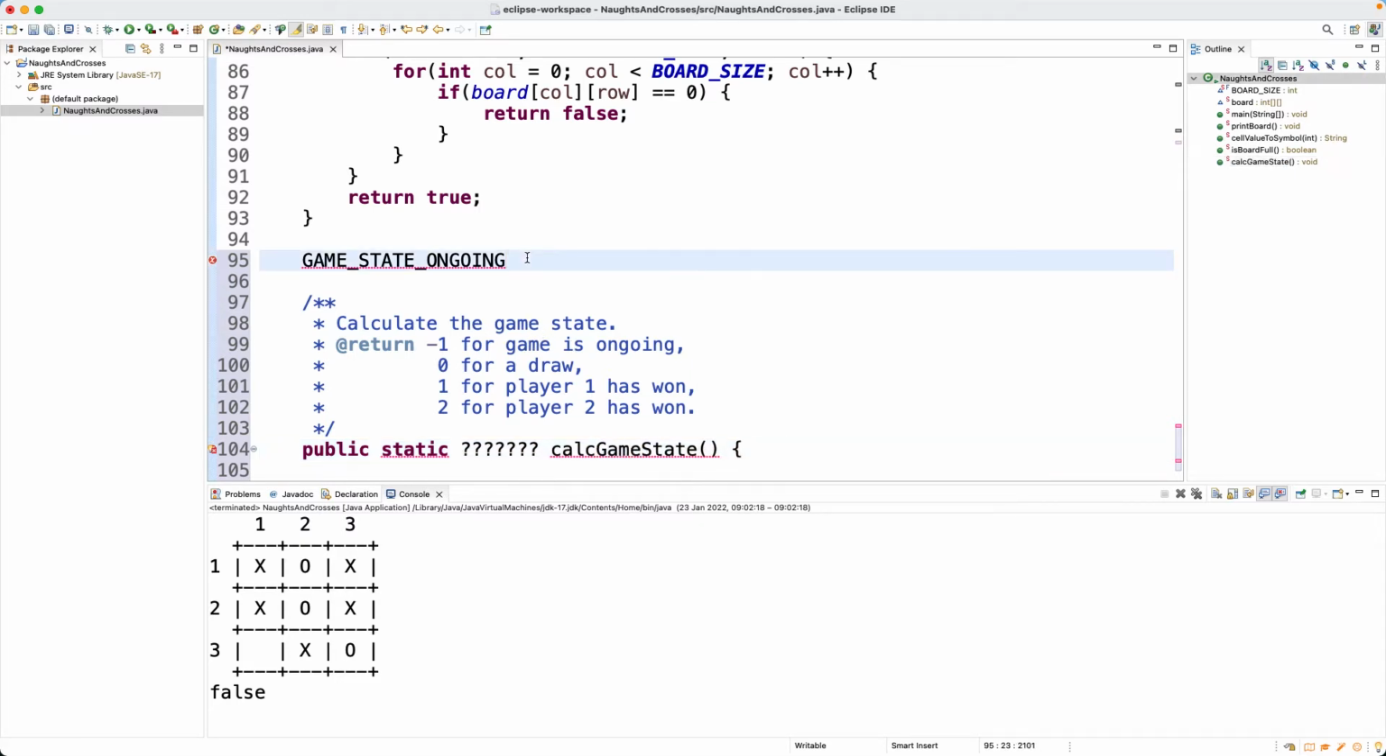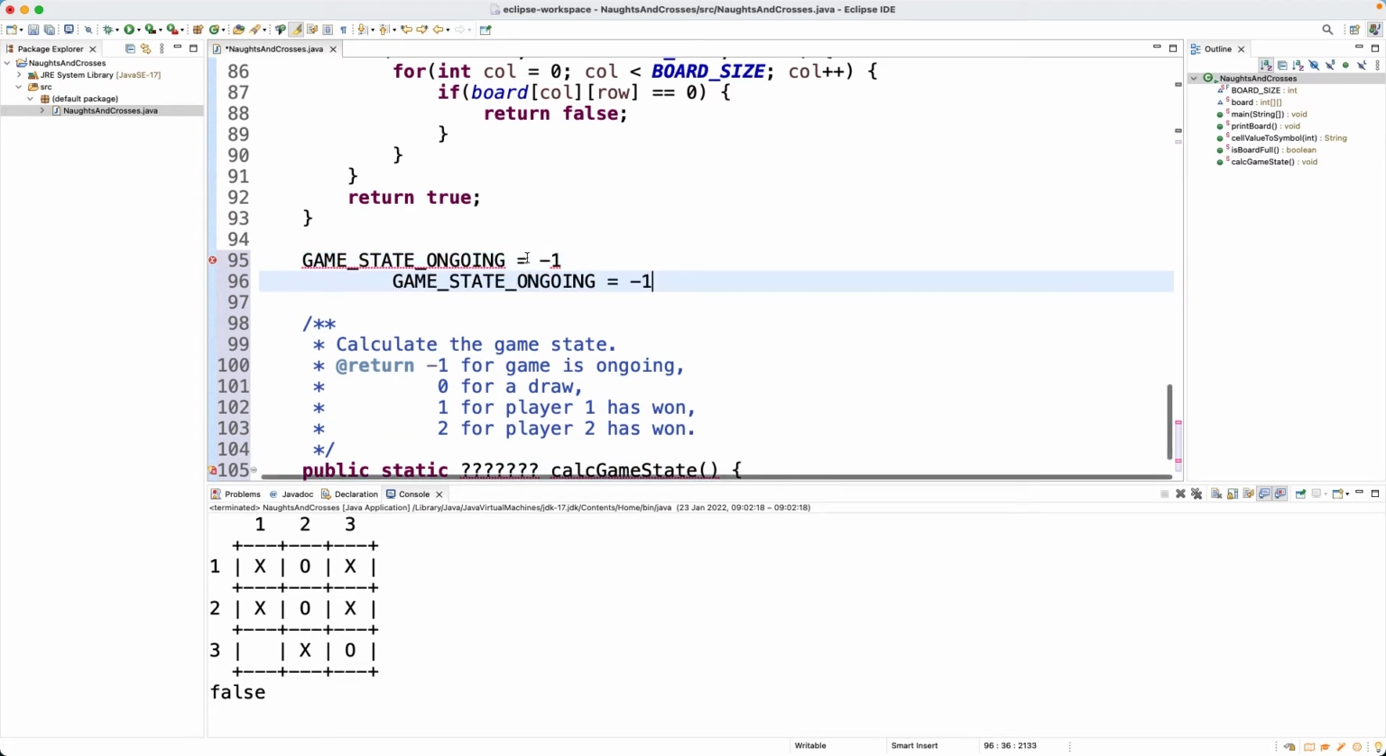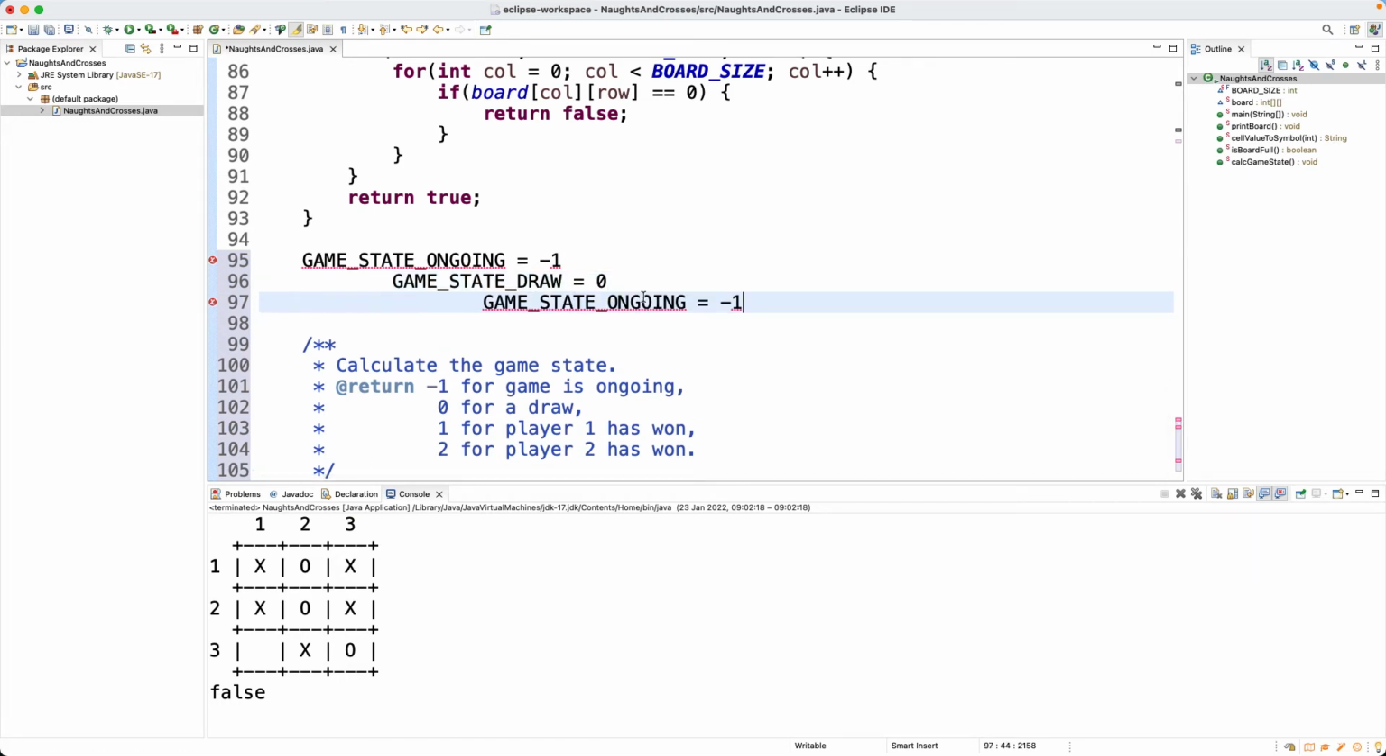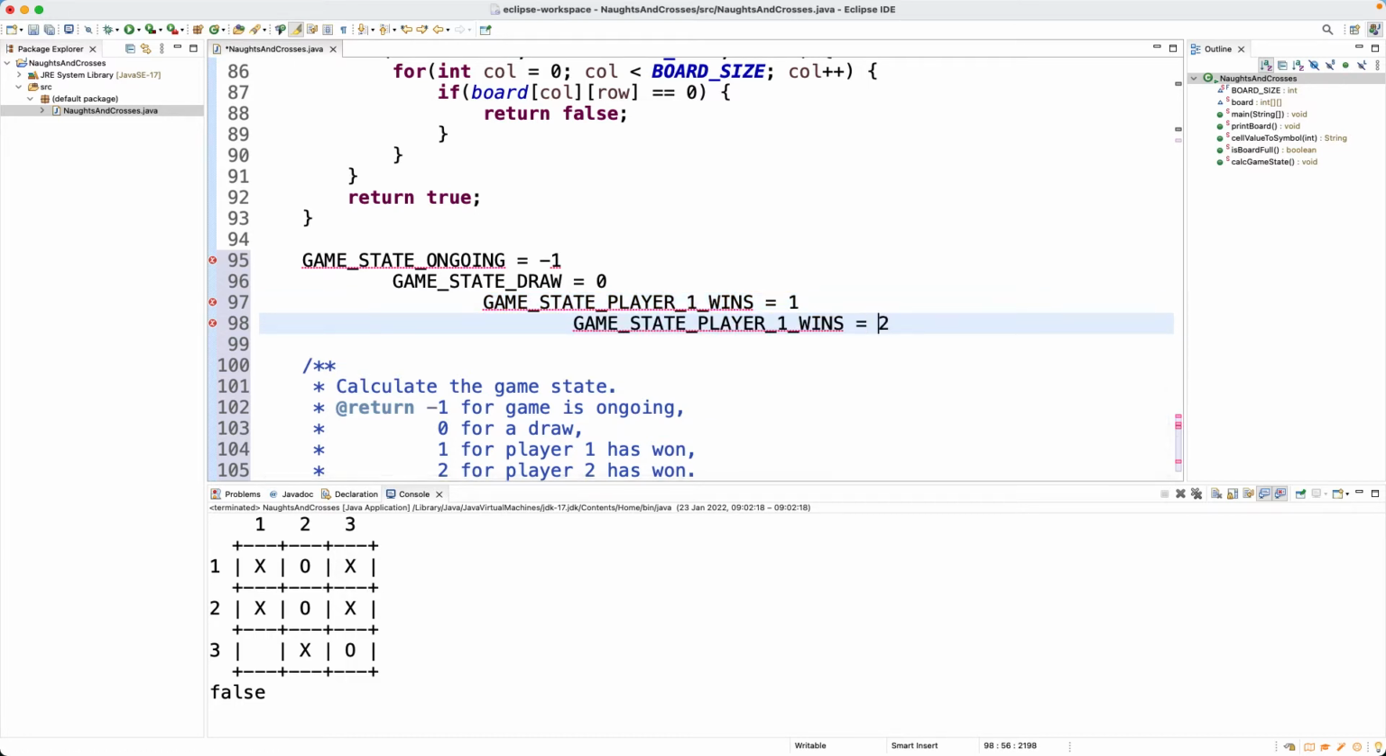Game state ongoing is going to be -1. Game state draw is going to be a 0. Ignore the formatting for a moment. Game state player 1 wins is going to be a 1. I can live with that. And we're going to have a 2 for player 2 wins. Right. So those are my